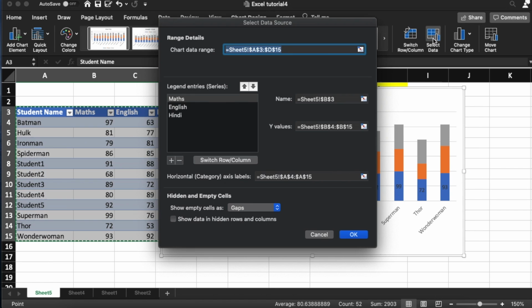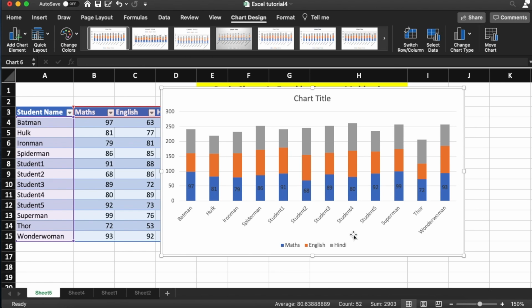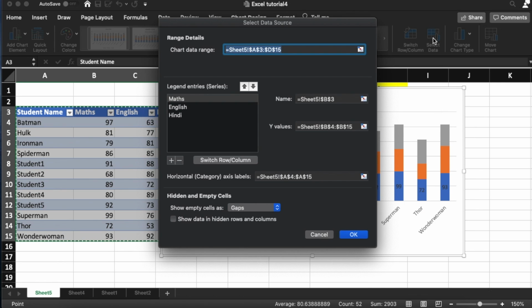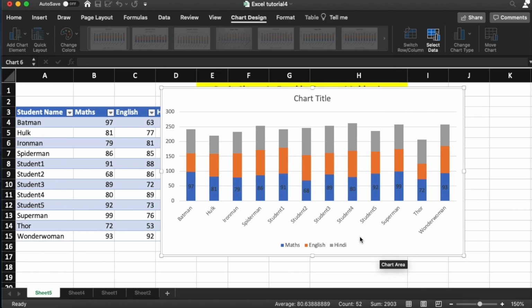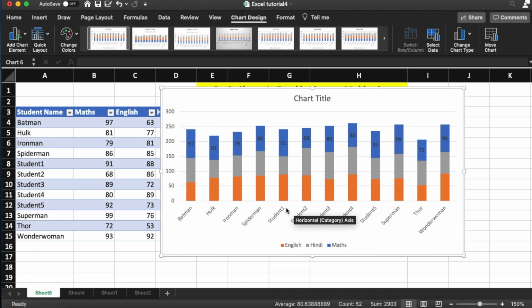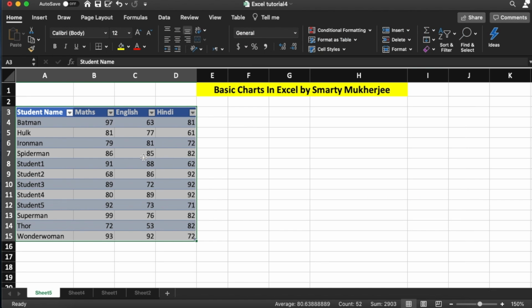So you can always change this chart type. You can go here and select the data which you want to represent. For example, right now it is picking up the math score. First you can go and select the data, or make them up and down, and then change the chart like this. See, now math scores have gone on the top of these bars. Earlier it was down. So that is how you can change the data. You can select the data. If you want, you can also use the select chart option.